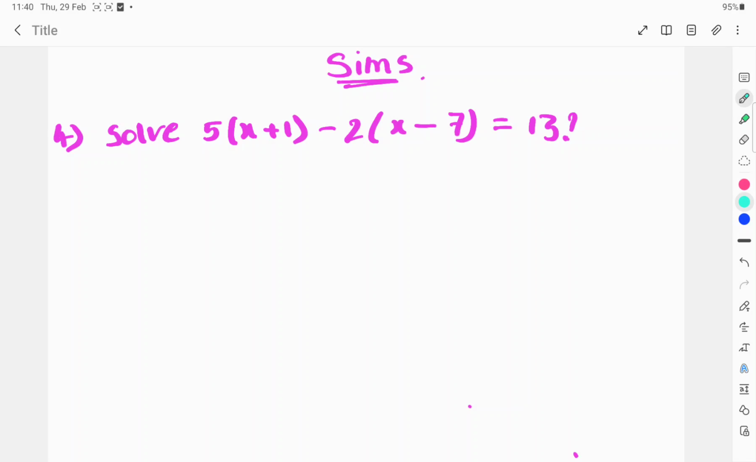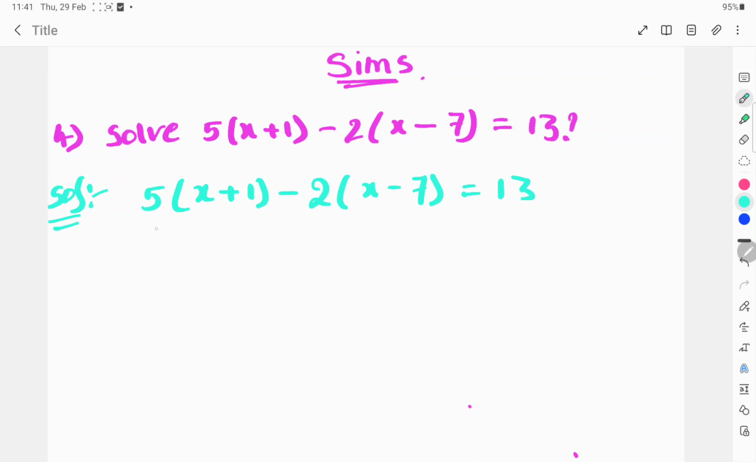Solve 5(x + 1) - 2(x - 7) = 13. Let's see the solution. Here the given equation is 5(x + 1) - 2(x - 7) = 13. This 5(x + 1) - 2(x - 7) is the LHS and 13